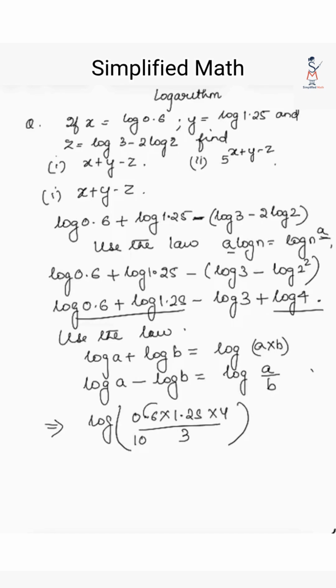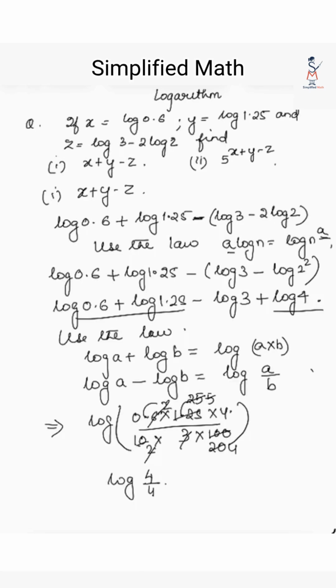Now remove the decimal, 10 down, remove the decimal, 100 down. So this will go by 2, right? 125, this will go 25. This will become 20. This will become 4. This will become 5. And this will become 2. 2 cancel. So what you are left with? You are left with log 4 by 4.